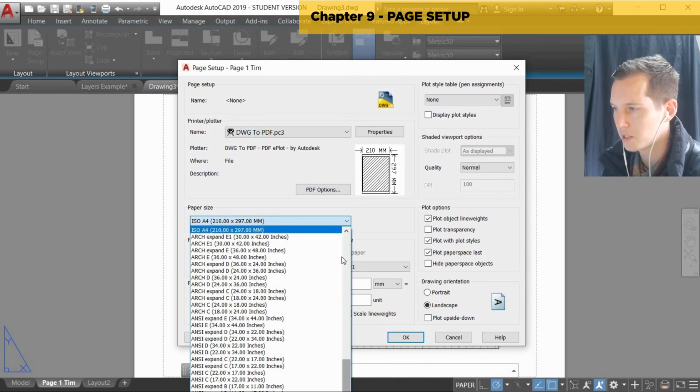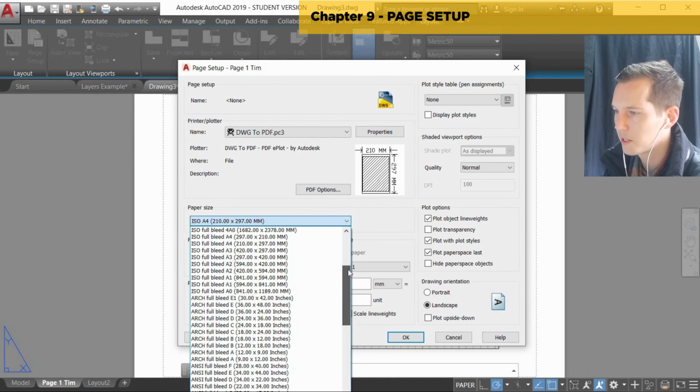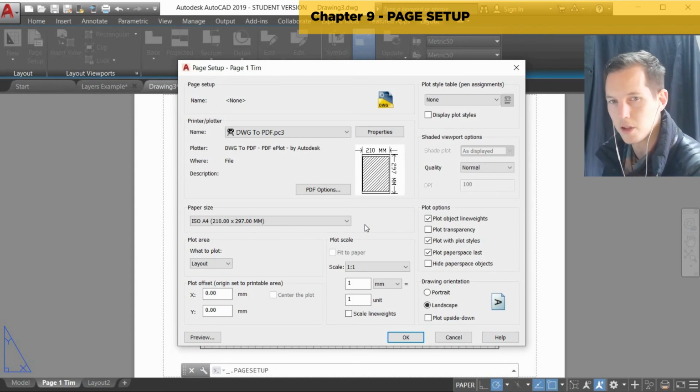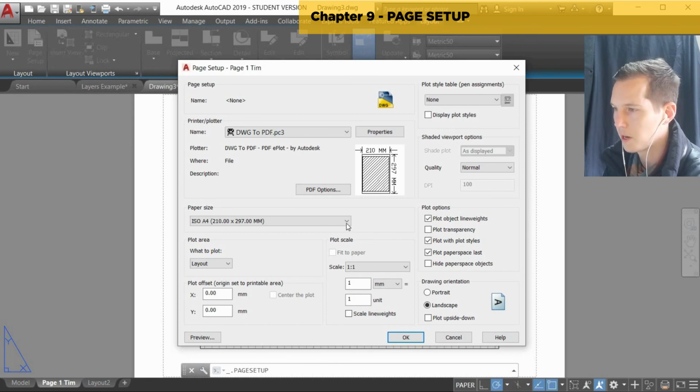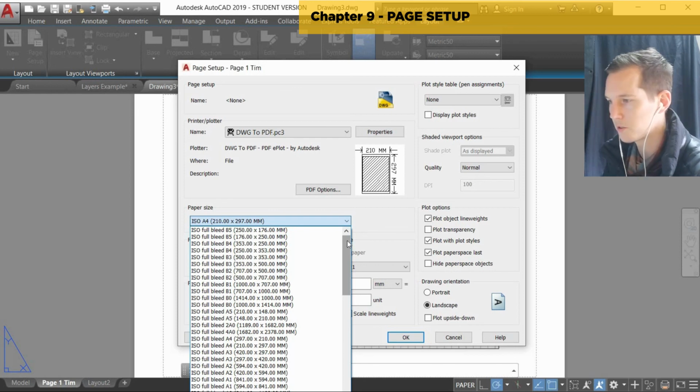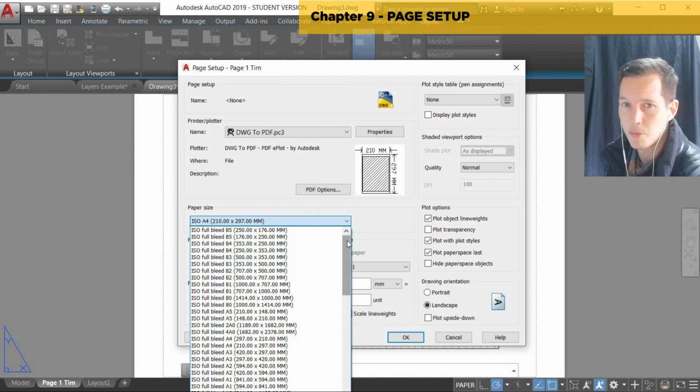Now that that is set, we're going to go to paper size, and this is where you can set up the page size that you want. There's not a particular guideline to work with here, unless you're doing a brief. If it's specified in the brief to use A3 or A2 or something like that, then you would choose it from this list. The printer, at least at the BHC campus, is A3. So that's the one I'm going to use, so that if I decide I did want a paper copy of it later, I would be able to print it here, and I wouldn't have to take it to some big special print shop that can print A2, A1, A0, those giant poster sizes, because those are very common in the architectural and interior design industry to have big pages like that,